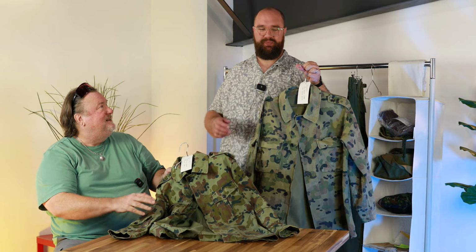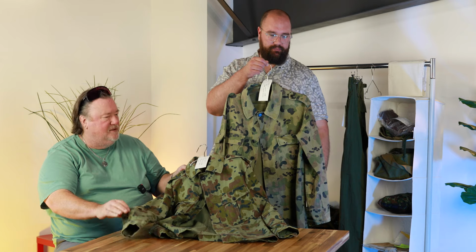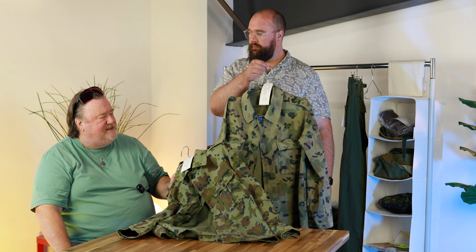So, that's a close place there. But in general, they make a beautiful garment. We're so fortunate to have some. This item here is